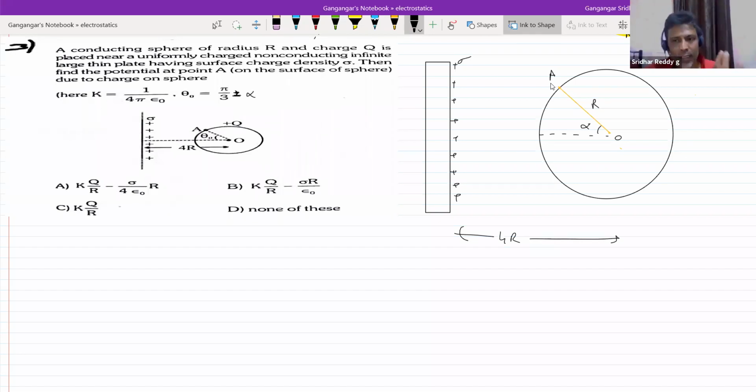Theta naught will make it confused with the charge. Already there's some charge. Okay, what will this plate do? There's a thin plate having a charge density. I don't know if it's a conductor or not. So altogether it will produce an electric field, no? So there's a plate, you write it nearby. There's a conducting sphere. It's asking to find the potential at point A due to charge on the sphere. So will the charge be uniformly distributed? The very first question you have to ask is, will the charge be distributed uniformly? The answer is no.